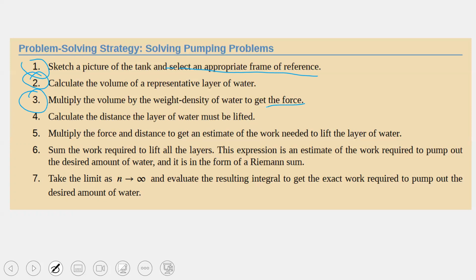Okay, so we need force in order to do work, because work is force over a distance. And then, the second part, the distance: we calculate the distance that the layer of water must be lifted. And then, as I mentioned, we multiply those two to get an estimate of the work needed to lift that single layer. And as you might imagine, if you have an amount of water and you're going to lift a single layer